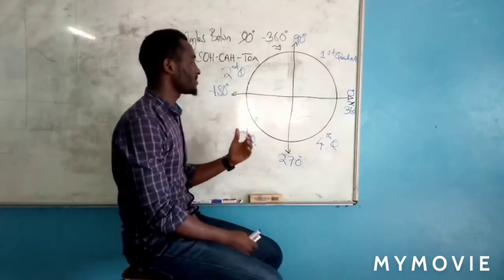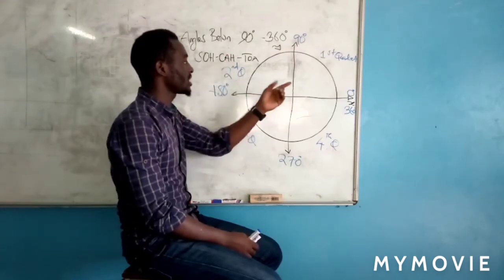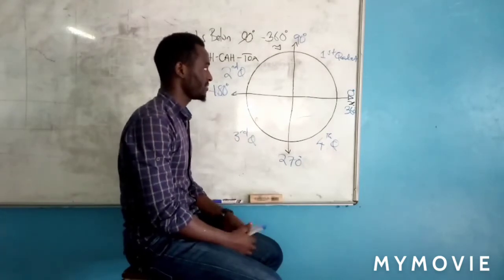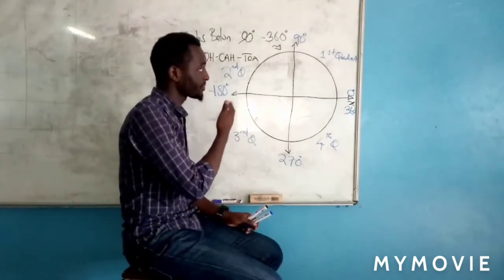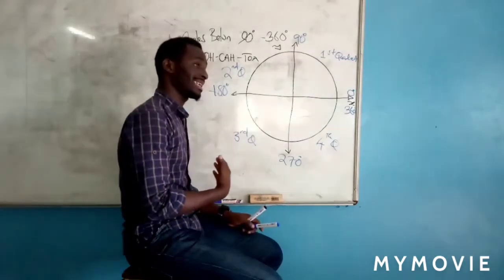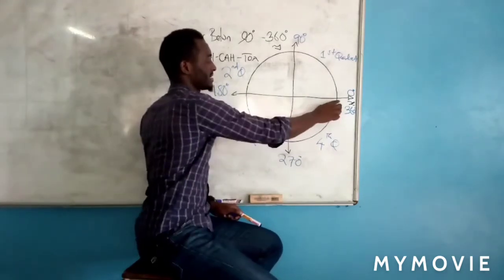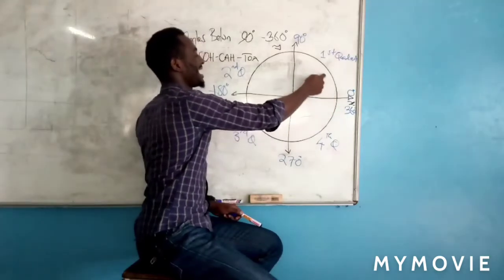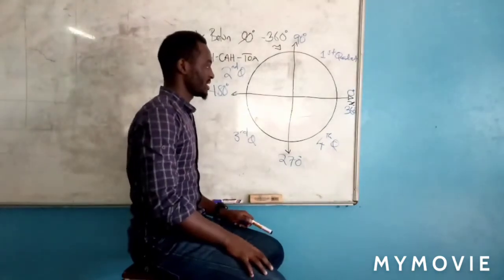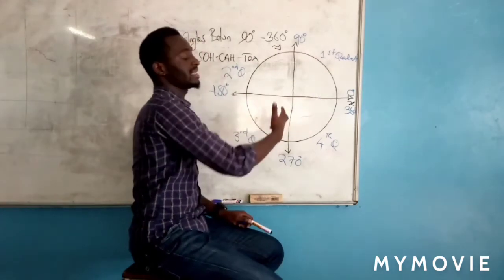That means my point is I'm going to apply the concept of SOHCAHTOA on all these quadrants and see how the ratios behave. Okay, so I'm going to start with the first quadrant. Now, on the x-y plane, angles that are measured from the x-axis and are elevating, going anti-clockwise, these angles are referred to as positive angles, and angles measured from the x-axis going clockwise are referred to